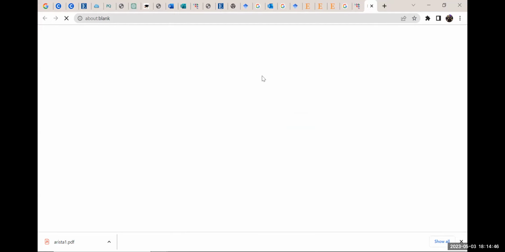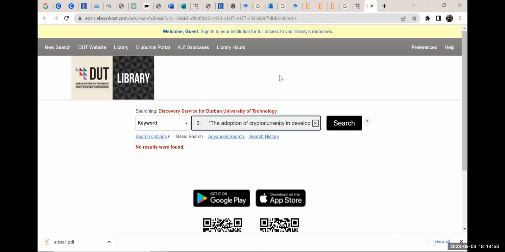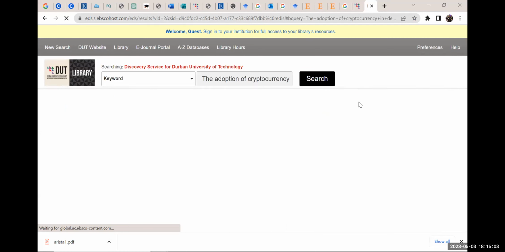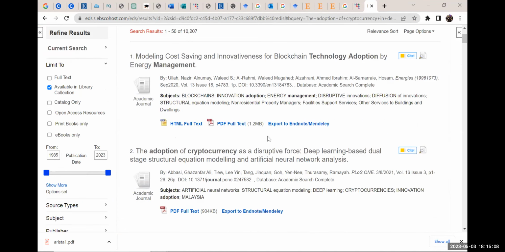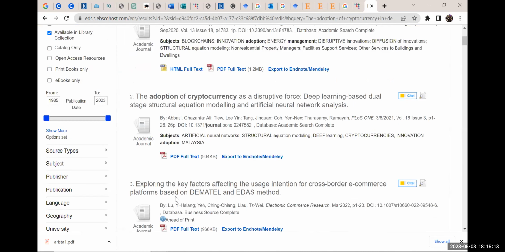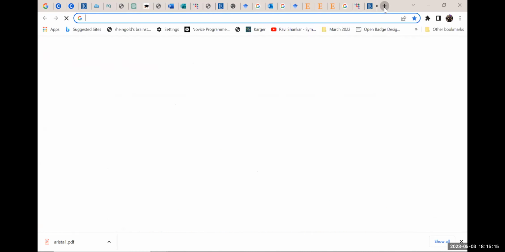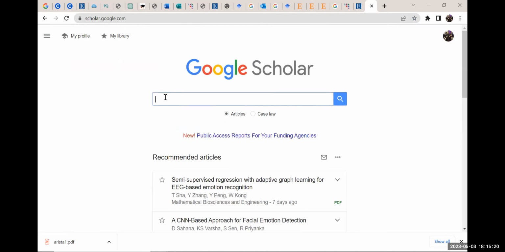Dhiren, you saw how easy it is now to do research. Okay, right. So let's go. Let me go and define my search. Right. So there it is, adoption of cryptocurrency. I want the full document. I click on full PDF. I can find it, right? Or you can look in Google Scholar. So I go to Google Scholar and I look for the article.